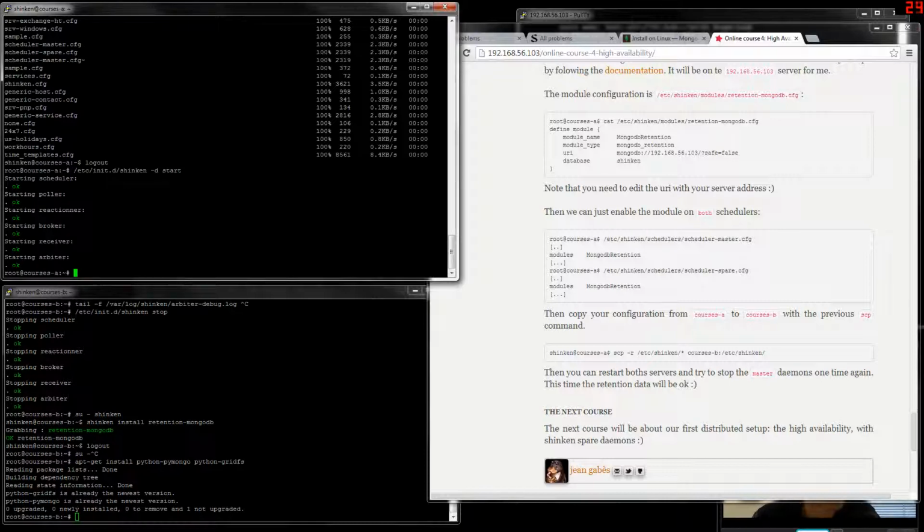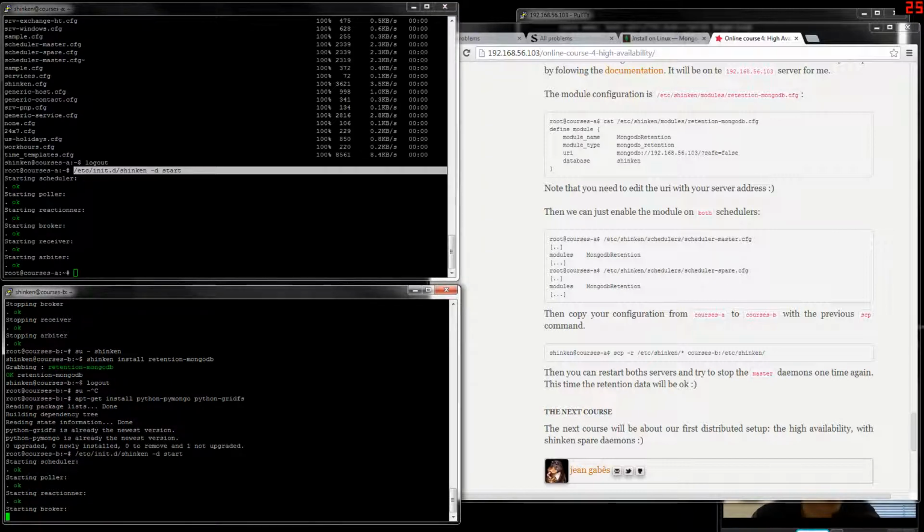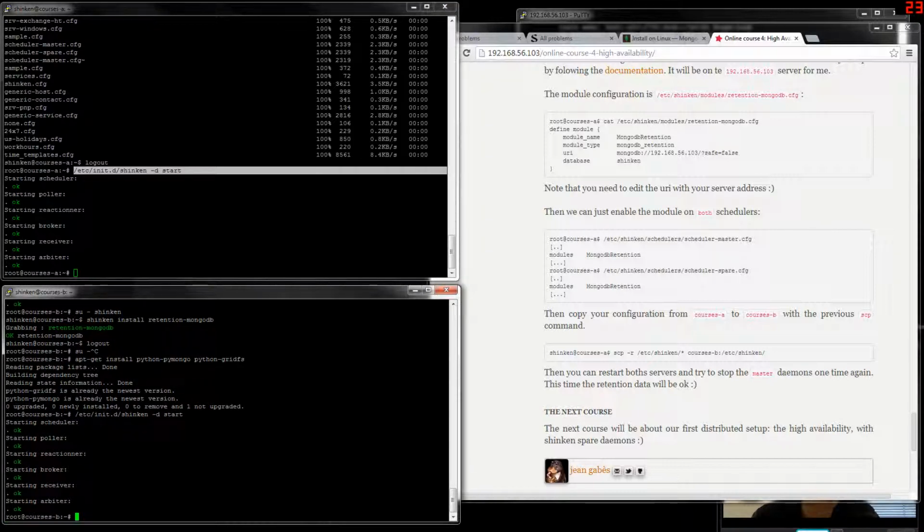It's always better when you play with modules to start in debug mode. You will see far more warning and error messages if you need them. When you are in production, just remove the debug mode. So we start on both servers. We will once again stop the master server and wait for the spare to take the job.